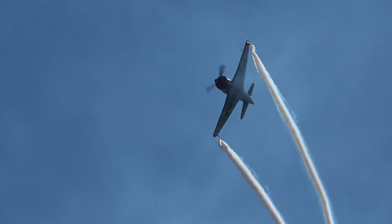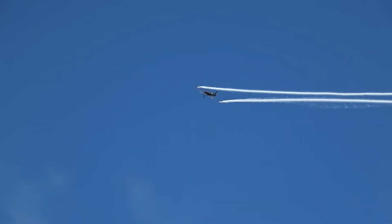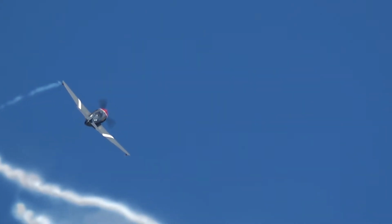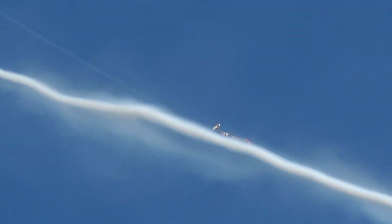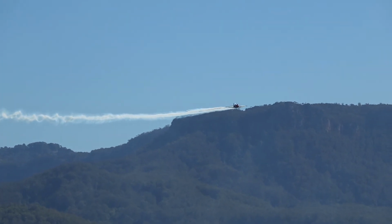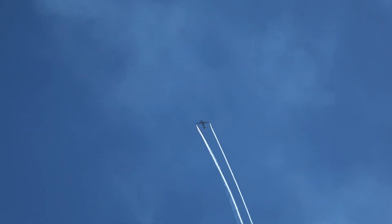We're talking about record breakers and Yanks. Turbulence really means something. If you have a look here, you can just see those rings forming there. It was formed by the air spilling